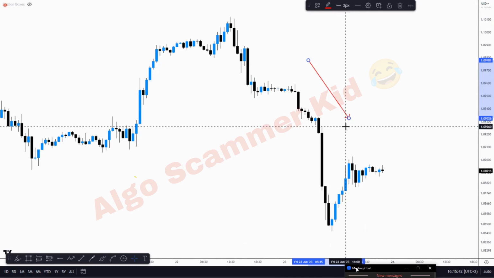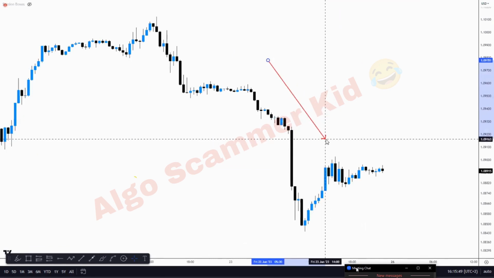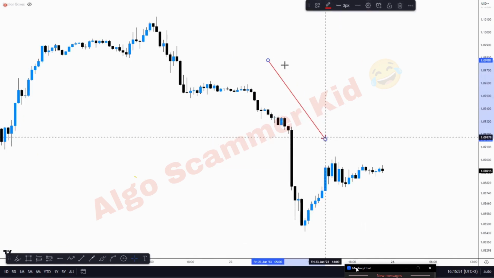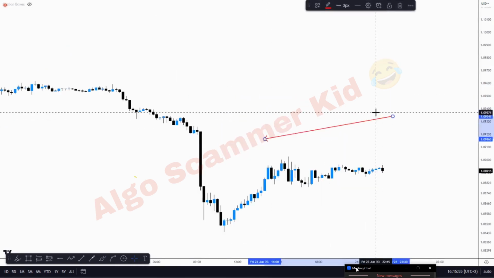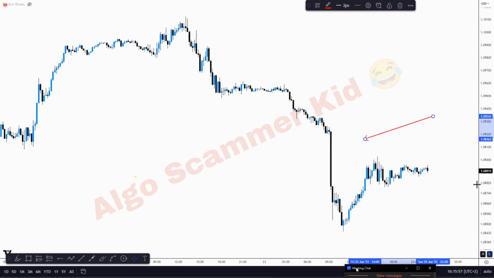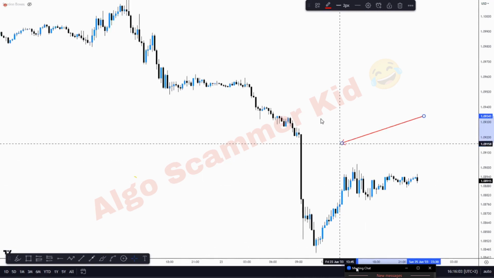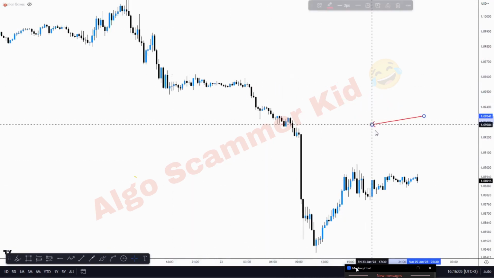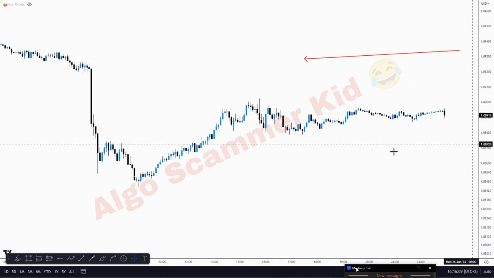So let's go to the 30 minutes and see where order flow is heading. On the 30 minutes, we still have a bearish order flow. Let's go to the 15 minutes. Okay, on the 15 minutes, clearly, we still have a bearish order flow. Okay, now let's go to the 5 minute and see. Now on the 5 minutes,